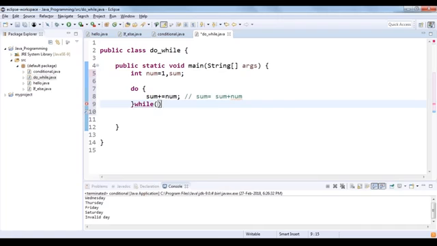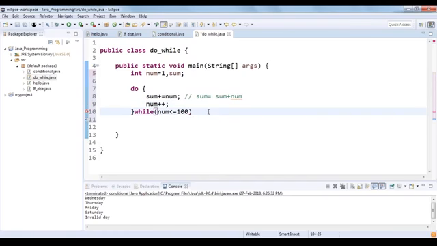Now I want to write the while statement. So let's say while my num is less than or equal to 100. But I need to again increment the value of num. So for that, I'm going to go back into the loop and use one of my favorite or interesting operators, which is the unary operator num plus plus. So every time this value has to get incremented. Once this is done, I'm going to use sysout